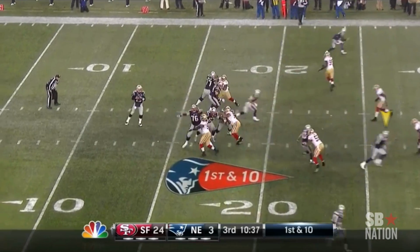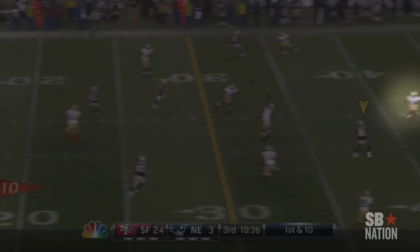Our third play is Dashon Goldson in the Week 15 win over the Patriots. On this particular play, we saw Goldson really level Aaron Hernandez on a play that most of us thought was legal, but did end up getting flagged. I believe he may have been fined. I'm not totally sure about that, but the play itself,